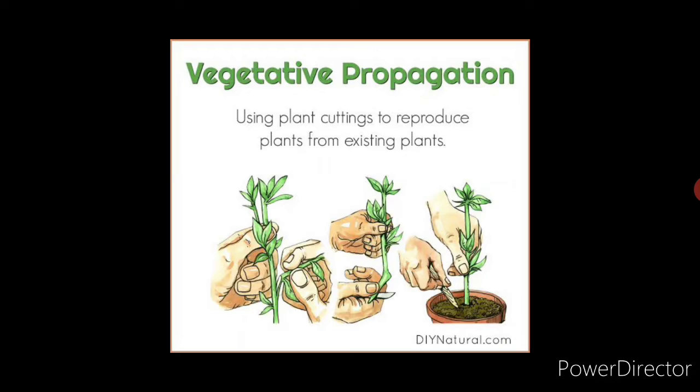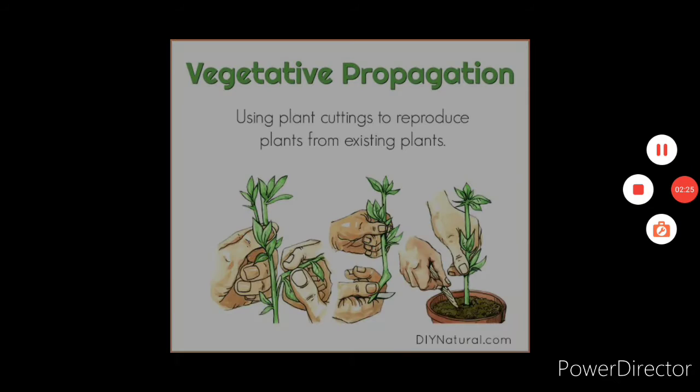So it has only mitotic division. The cell division that takes place is mitotic division, and no gamete fusion will be there, right? So there will not be the involvement of gametes, and the daughter plants are genetically similar to the parent plant. Okay, so vegetative reproduction may take place through various parts of the plant. It can be through leaves, stem, root, and bulbils. Now let's see them one by one.